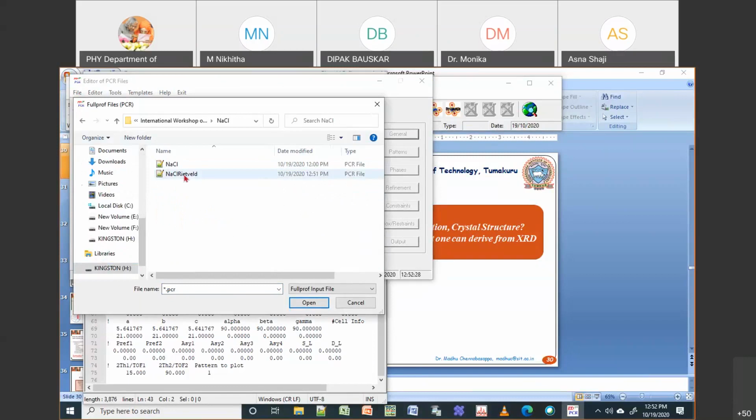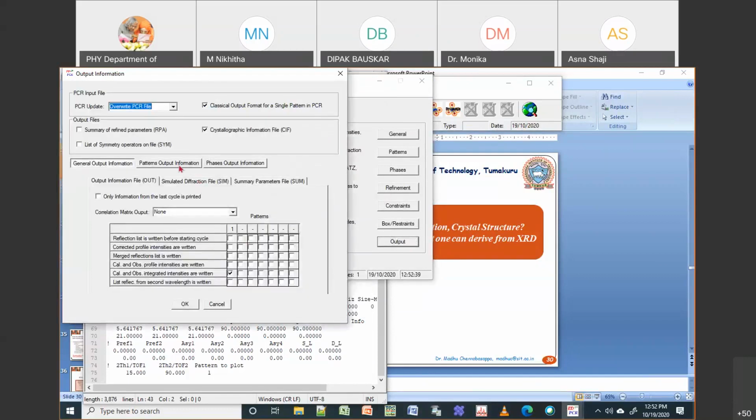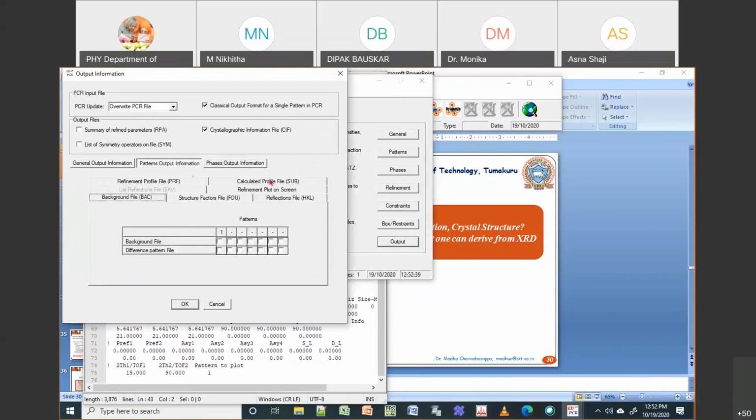You should use the one for Rietveld refinement, and in the output you should always make sure you have taken the G Fourier. If I don't have this, then it will not generate an INP file, which is necessary for doing the Fourier transform.